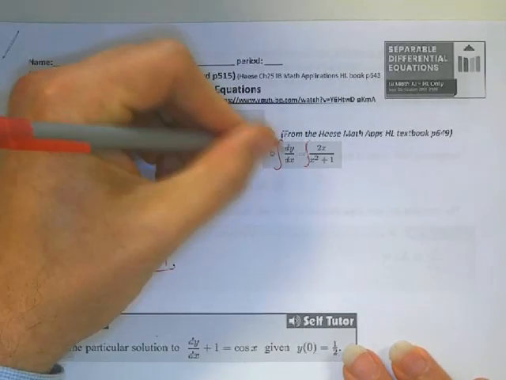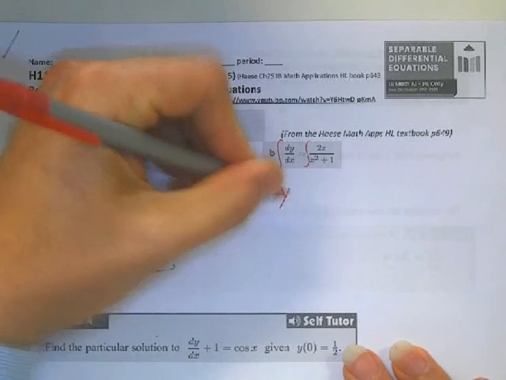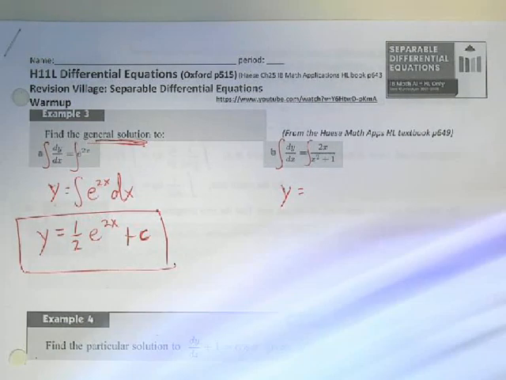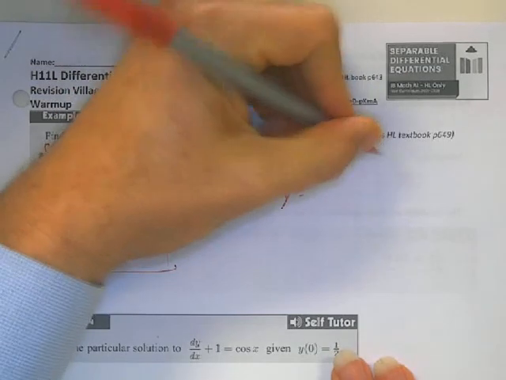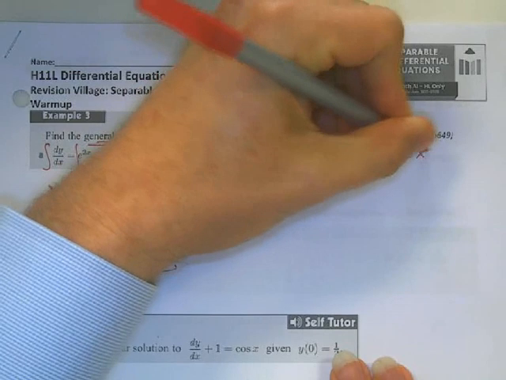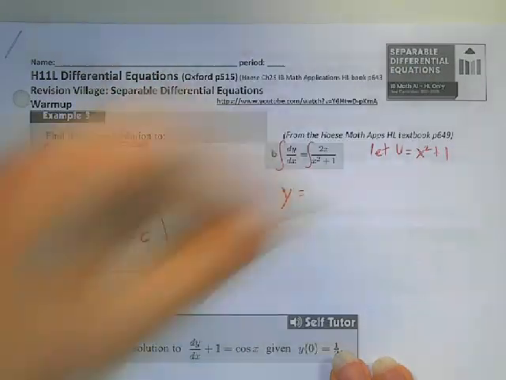Okay, this one here, same thing, we take the integral on both sides. The antiderivative of dy/dx is y. The antiderivative of this, okay, we have to use u substitution. So I need to let u equal x squared plus 1. And then, so then I get